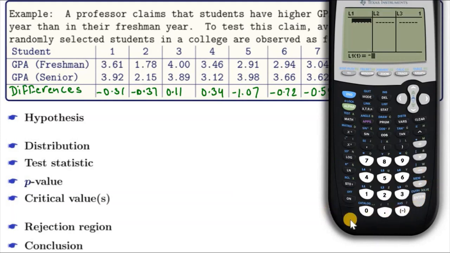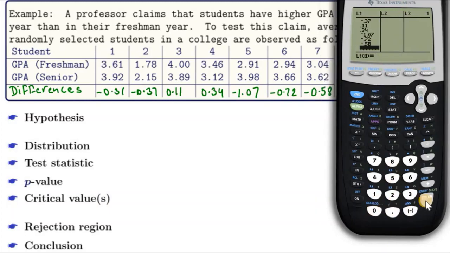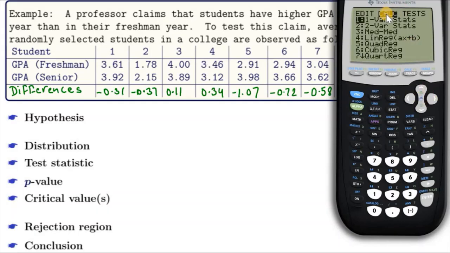So it is negative 0.31, negative 0.37, 0.11, 0.34, negative 1.07, negative 0.72, and negative 0.58. Then enter. So once you are done entering the data, then go to Stat, then go to Calc, then